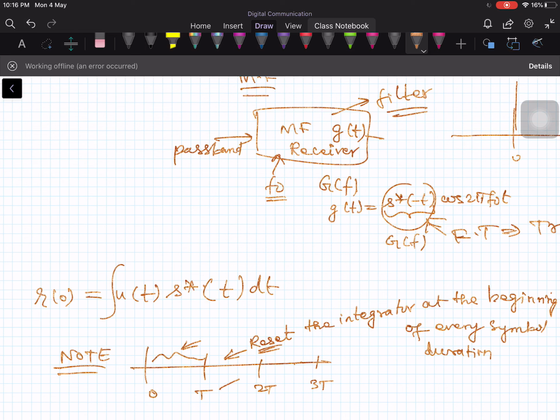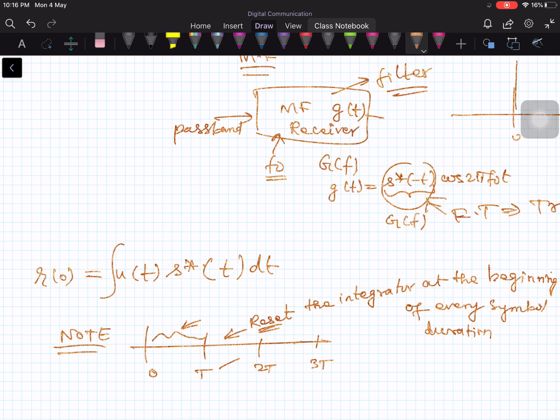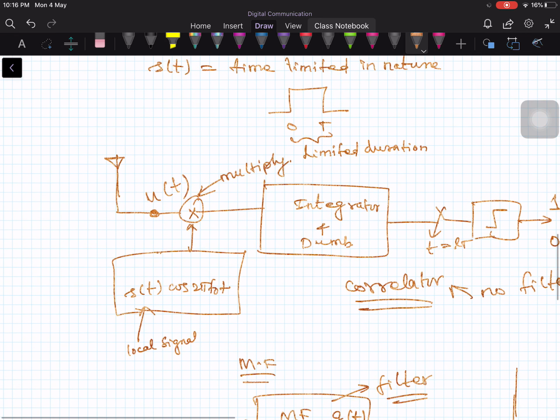Of course, we could have a number of integrators, but that is not a practical feasible solution. You cannot have different integrators for different time intervals, so that will not be very convenient. So we have an arrangement like this, the simple arrangement I have shown here. The incoming signal is multiplied by the locally generated carrier, and then you do the integration, and once the integration is over, you do the dump at the end of the bit interval. Dump means you are initializing the integrator every T seconds, and that's how we call this operation integrate and dump.